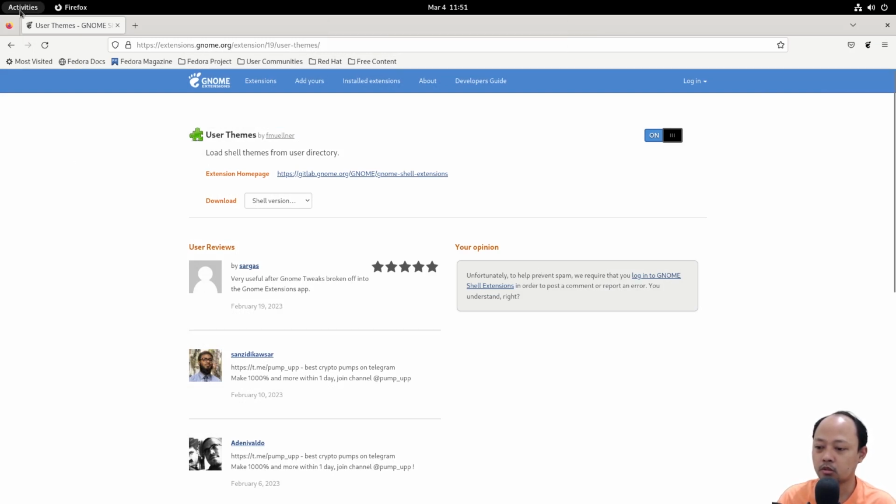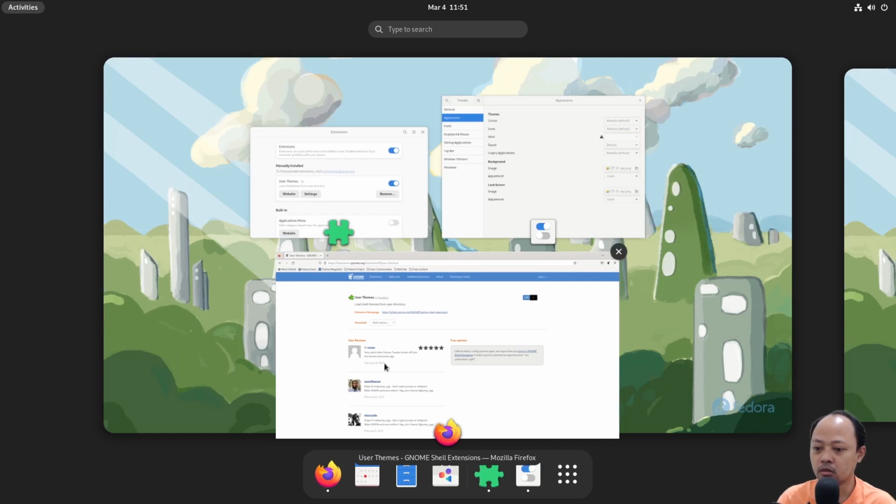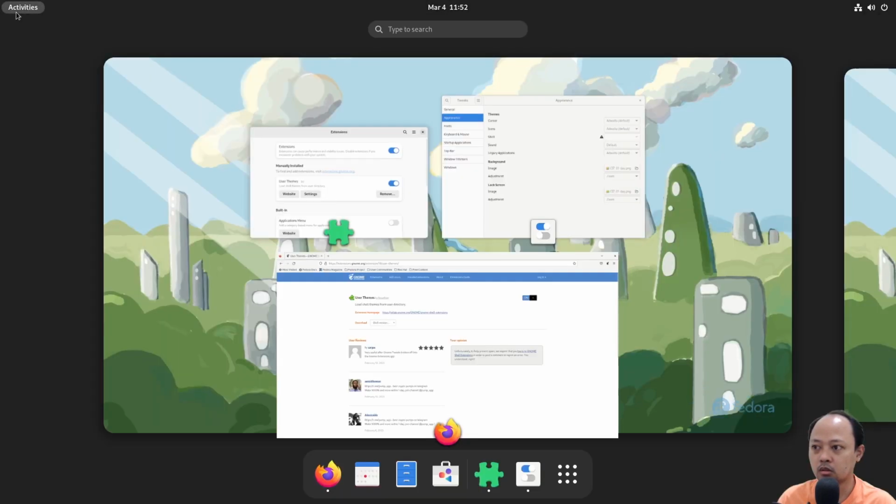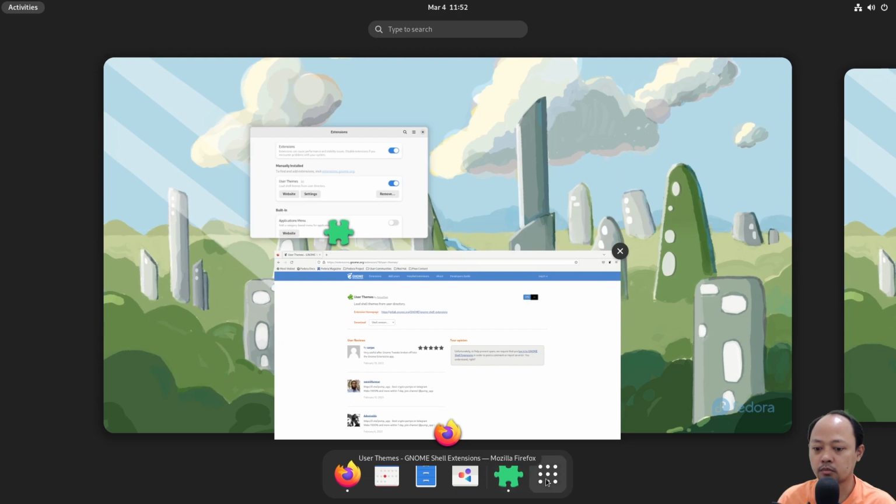Okay, let's check again in the GNOME Extensions app. So the user themes are already enabled, and let's reopen GNOME Tweaks.